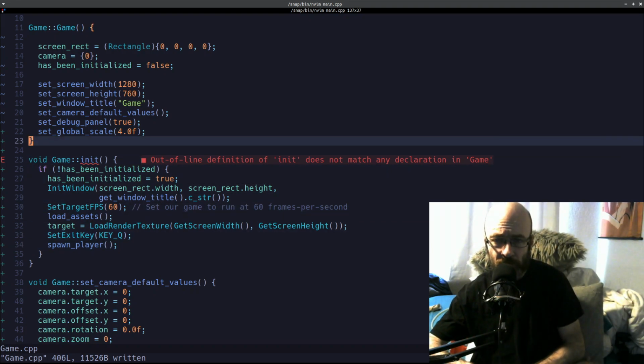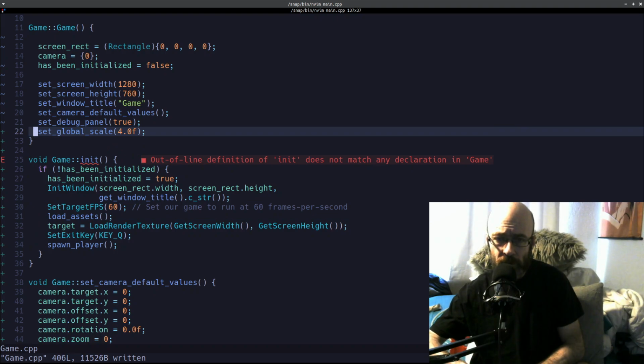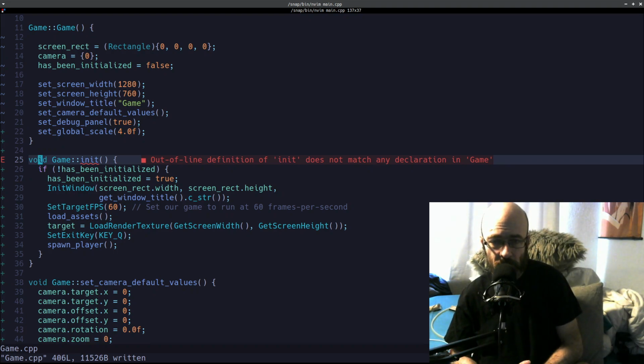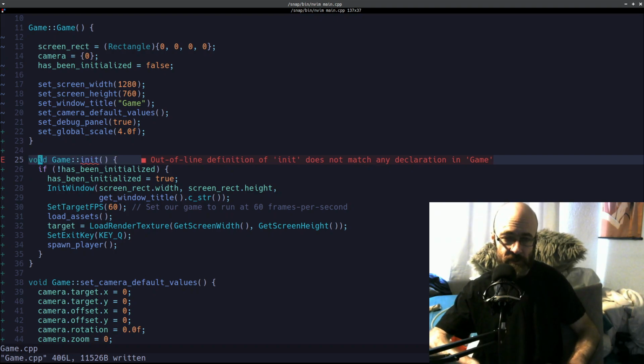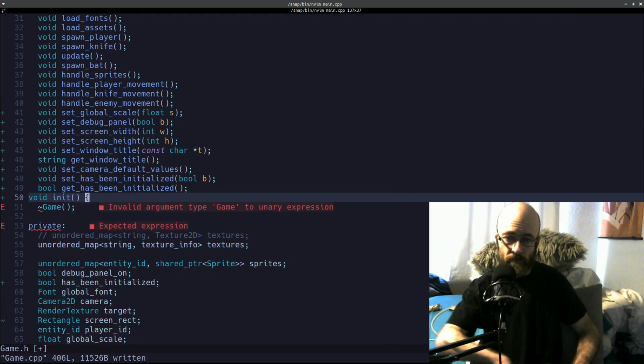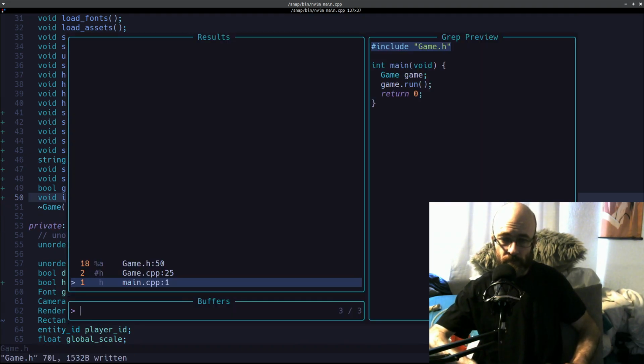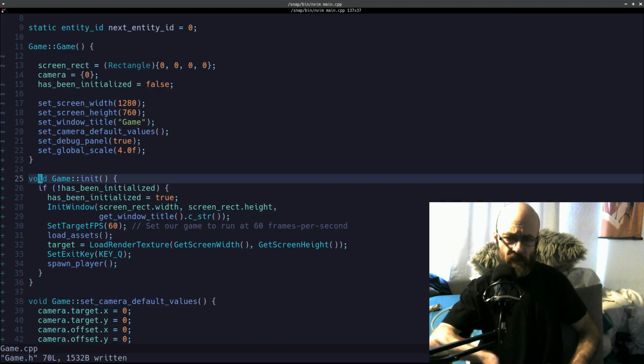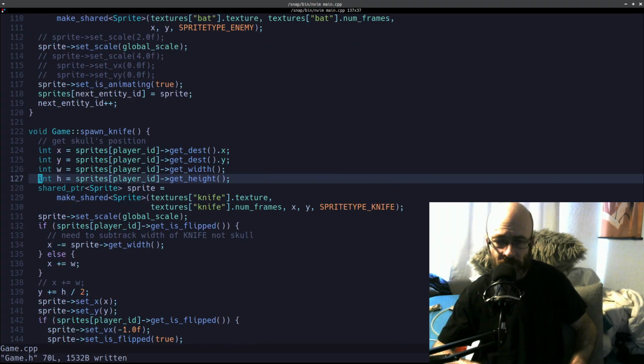So as an example of this, we can't call init if it's already been initialized once. So this guarantees that we only call it once. And we're not going to want to call it until later. But since we're going to be using this, in our run method,